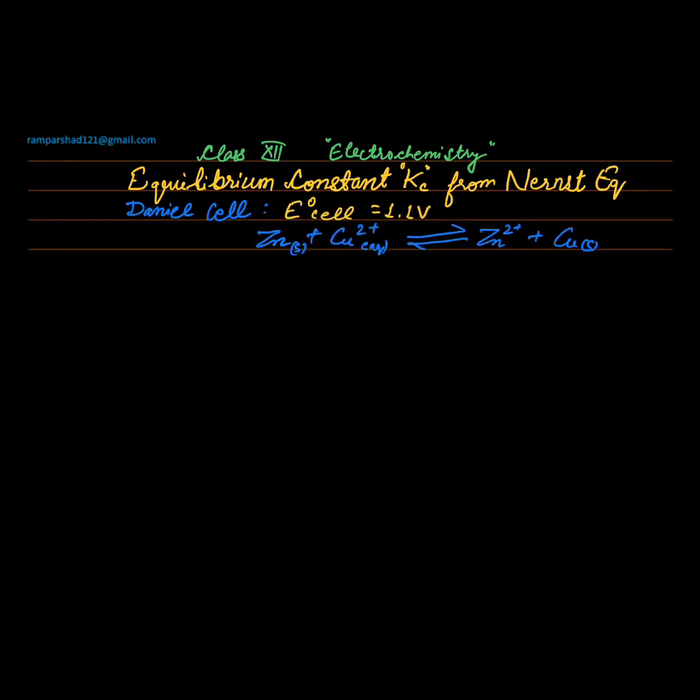Hello students, so today we will start with the new topic, that is equilibrium constant, and we are going to derive the formula to calculate the equilibrium constant from the Nernst equation. For deriving this formula, we will take the example of the Daniell cell, and this cell we have discussed